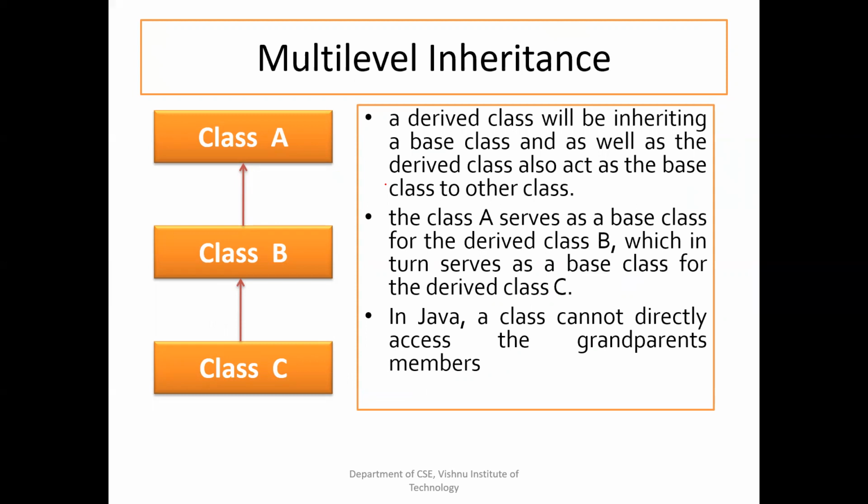Okay, this is multi-level inheritance. Here, more than two classes participate in the inheritance hierarchy. I am saying not three, more than two classes participate in the inheritance hierarchy. Suppose if you observe, this class B is a derived class of A, and it is also a superclass of class C. That means this class is acting as both derived and superclass.